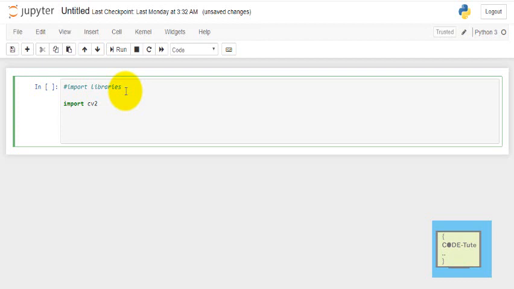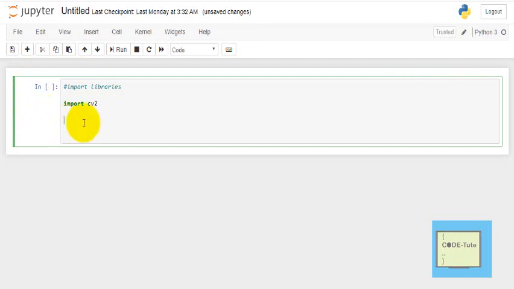So what is computer vision? Computer vision enables our computer to see images and process them like we humans do. This OpenCV module processes images and gives output. In our case, we want to perform face detection, so it will process all the images, detect the faces in the images, and give us the output. Basically, OpenCV recognizes images, identifies objects and traces them. That's why we have used this OpenCV library. OpenCV is a real-time computer vision library developed by Intel.